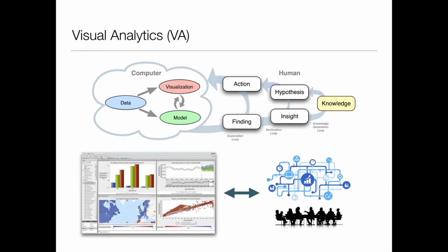Then you have this idea that the first thing that you do is this exploration loop. So you start by finding some things that you didn't know, in a very general way. Just, okay, I didn't really notice this thing. So you find that, then you take some action, let's say, where you interact with the visualization. And then the next, more higher level loop would be the verification loop, right?